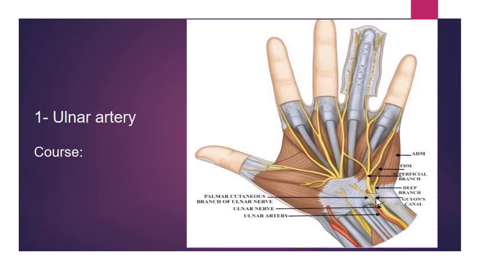The ulnar artery passes deep to the volar carpal ligament. This is the volar carpal ligament. Or you can also say the ulnar artery passes through the ulnar canal or Guyon's canal, just superficial to the flexor retinaculum, and enters the palm. Throughout its course, the ulnar artery lies lateral to the ulnar nerve. This yellow colored structure is the ulnar nerve, and just lateral to this we have the ulnar artery at the wrist and in the palm of the hand.